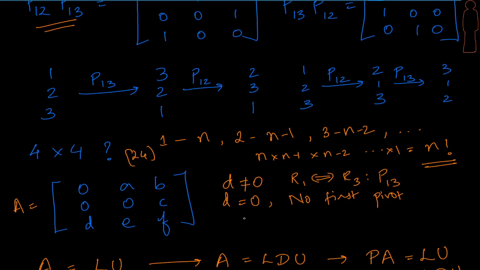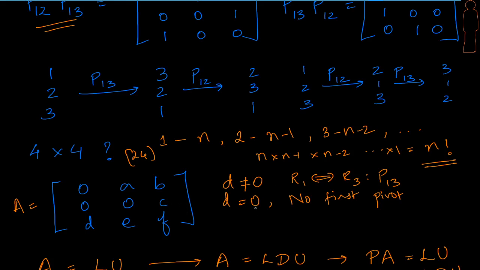Fantastic. After this, please do think carefully for this question. The first row moves to the first position, 0 A B comes to the third position. Okay, now are we having enough pivots? No, because I see that there is a 0 here in the second pivot position. What is the chance that we can get a solution? If we can swap this, which has come to the third row, with the second row, right?